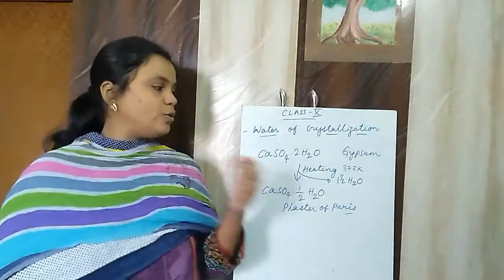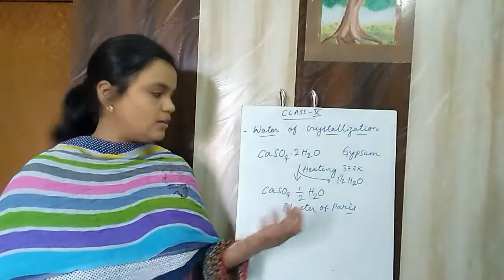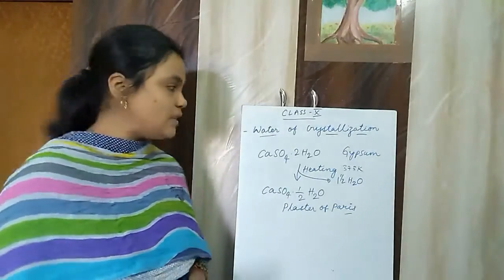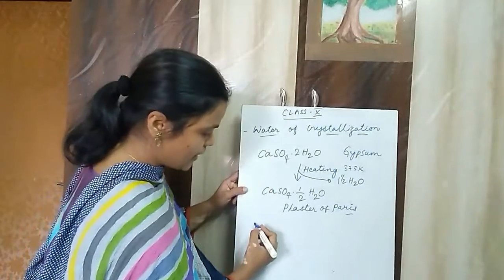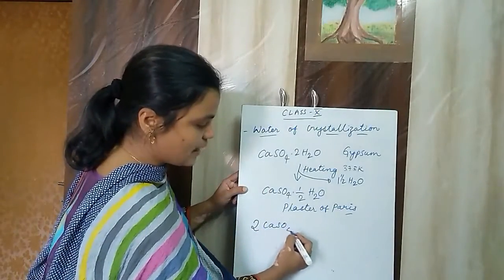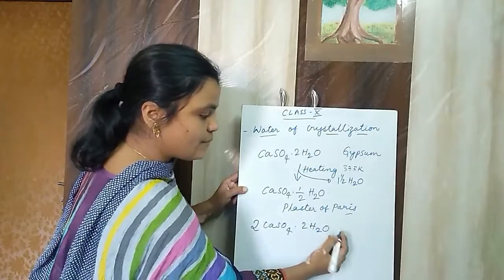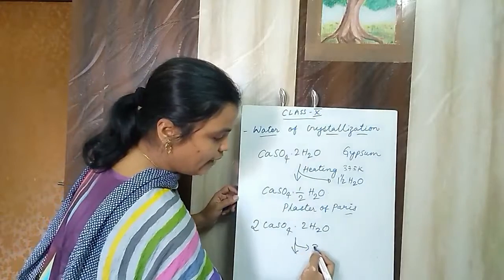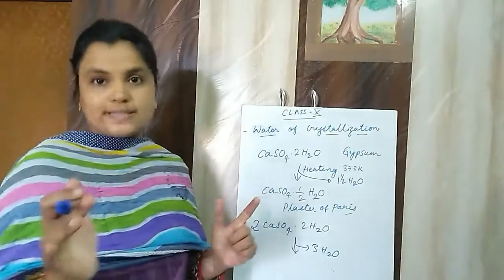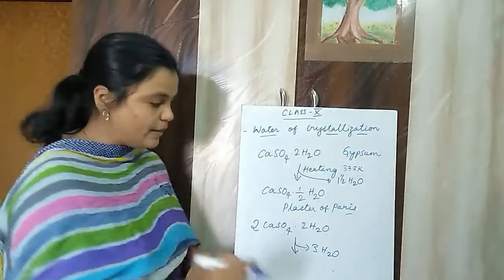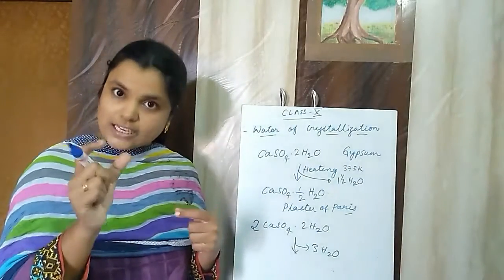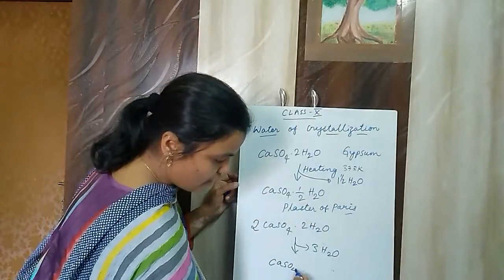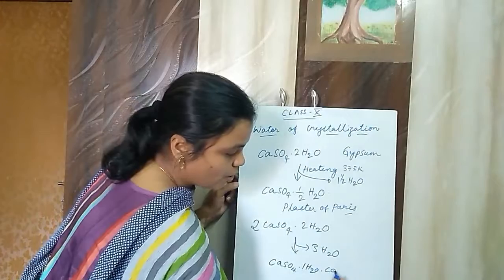One thing you have to understand here is that we don't have something like half a molecule. We don't have half a molecule of any substance. What it means actually is this: I can write it like this, 2 molecules of calcium sulfate are taken. That means how many molecules of water will it have? 4 molecules of water, right? So upon heating, 3 molecules of water will be lost. Now how many will be left? 1 molecule will be left. That 1 molecule of water, actually 2 molecules of calcium sulfate will be bound by 1 molecule of